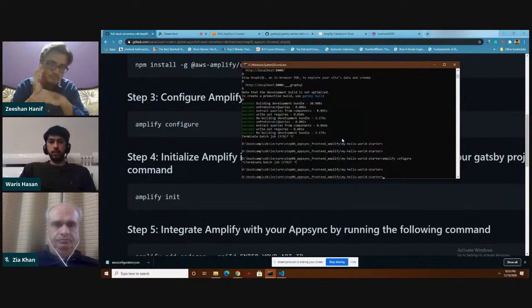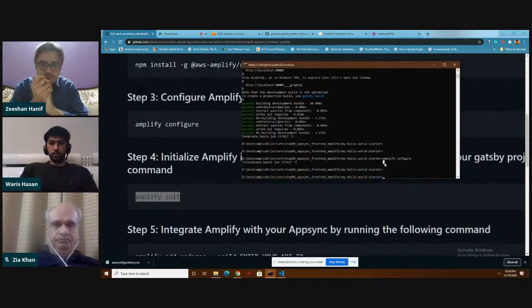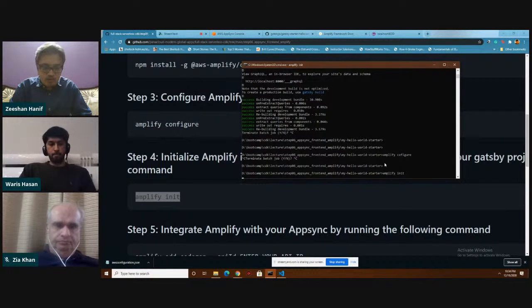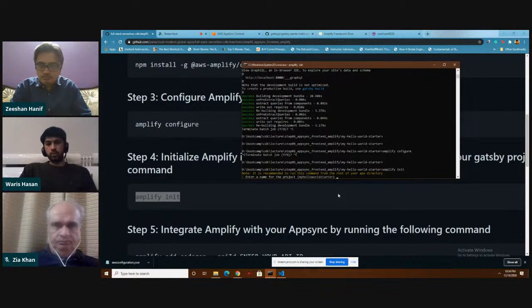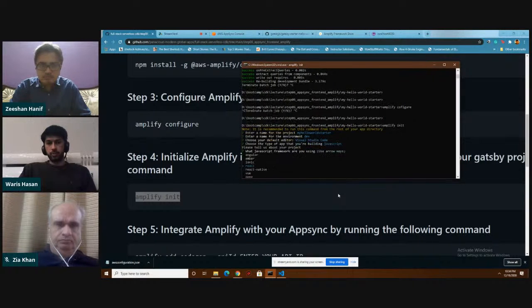But the main step is to use this command in the root folder of your project. So in the root folder, I'm going to run this command, amplify init. Now it's going to ask you a few questions. I'm not sure if you can see it or not. It's asking for the name. And it's asking for your editor. I'm going to use Visual Studio Code. Then it asks for the language, React, directory, build directory is public in Gatsby, build command is gatsby build,